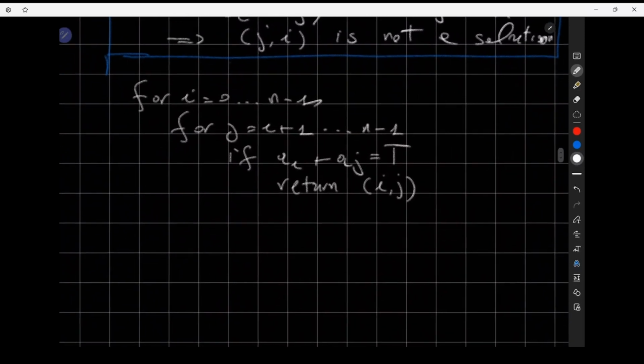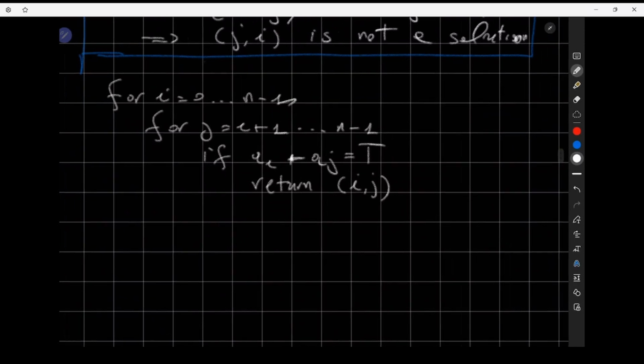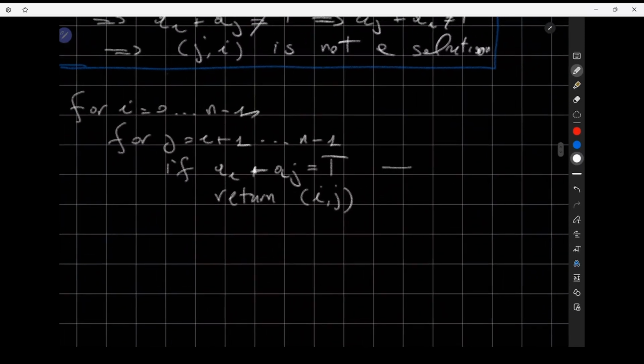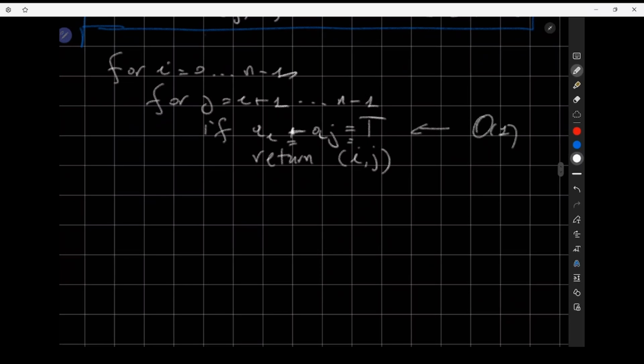Now, the complexity of this. The main operation done in this pseudocode is essentially this pair of addition and test for equality. And we can assume that the cost of these two together is going to be O(1). So all we have to do to calculate the time complexity, which I'm going to denote with C naive of the input, given the input size of the array n,